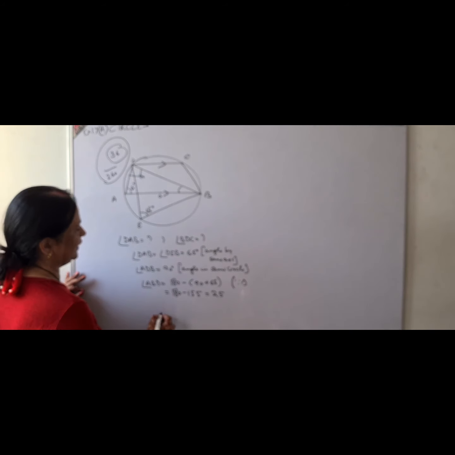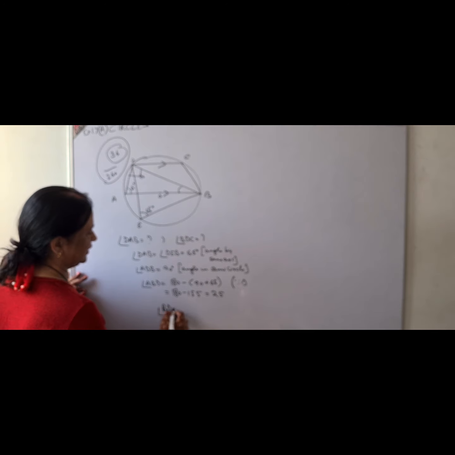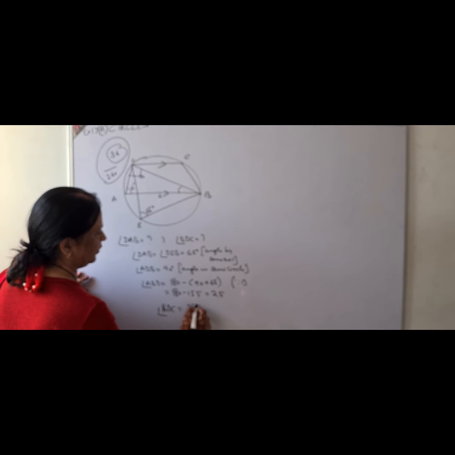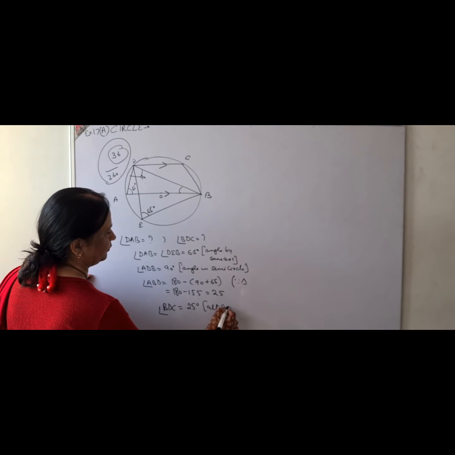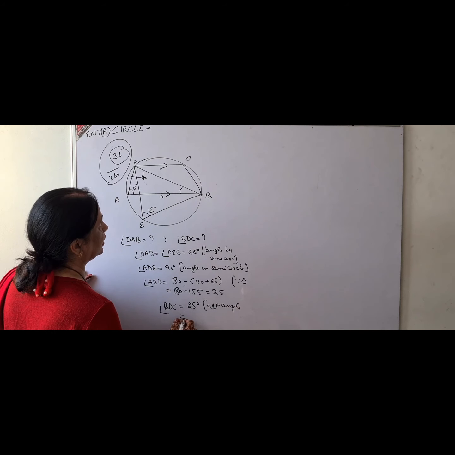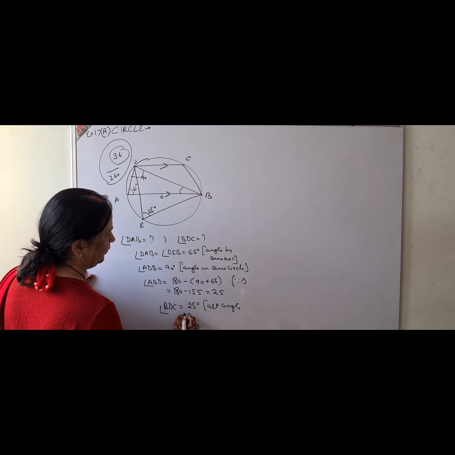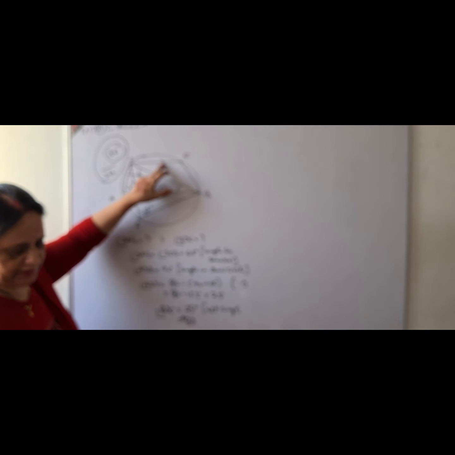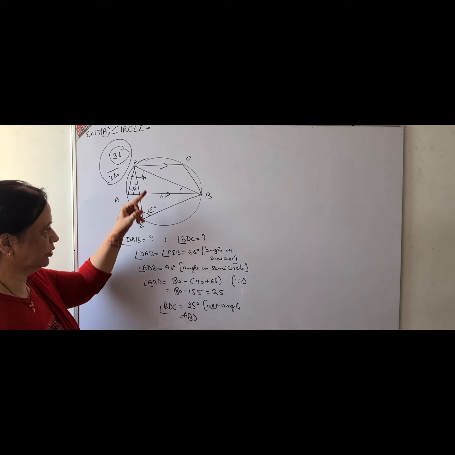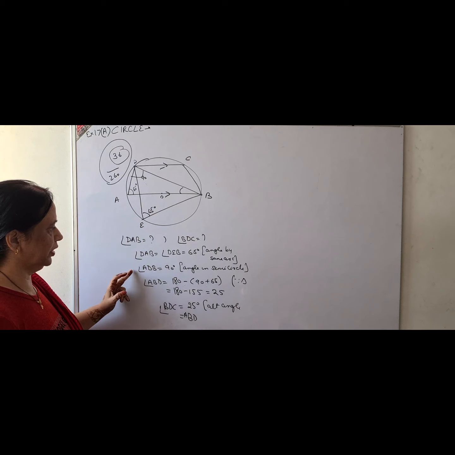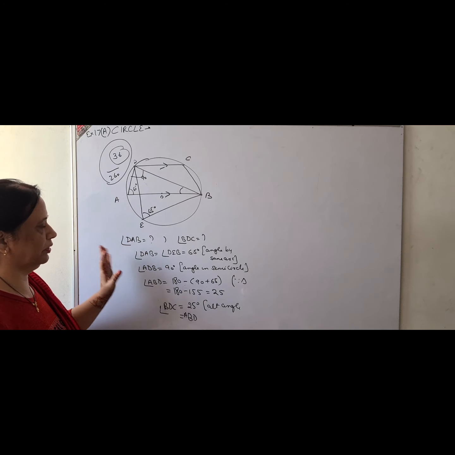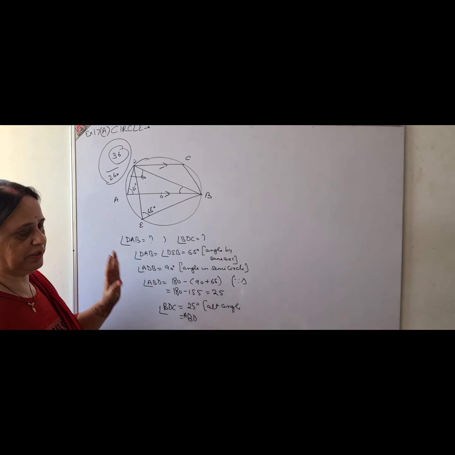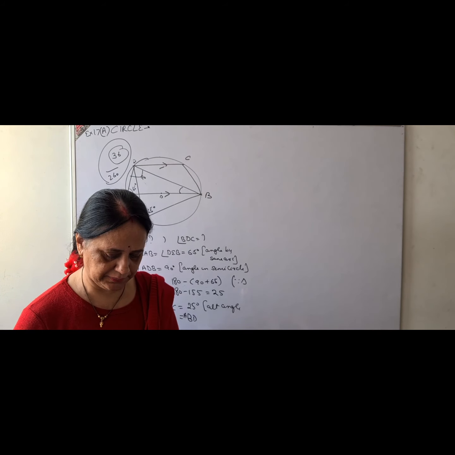So angle BDC is also 25, alternate angles. Alternate to which angle? Angle BDC will be equal to DBA, your ABD, and they are alternate angles because the line AB is given parallel to CD, and this is what we have to find, BDC. How simple it is. Just 1, 2, 3, 4 lines, and of course your 4 marks. Just be careful about the figure and the results.